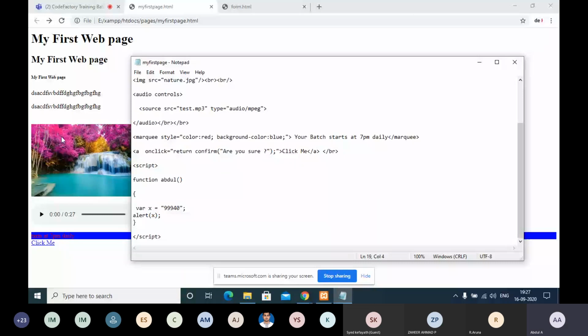So JavaScript void 0 is correct only. Let me check whether I have made any mistakes in the semicolon or something. One second.